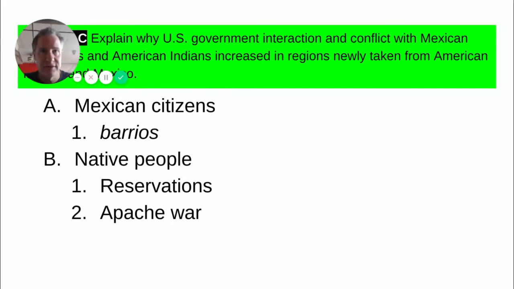And what happened is, as white settlers moved into the territory, they just snatched land away from the Mexican people. They just took it, sometimes by force, sometimes by just coming in and building a house on it. And because the Mexican people did not have American citizenship, despite the fact they were living in the U.S., they could not take any legal action.